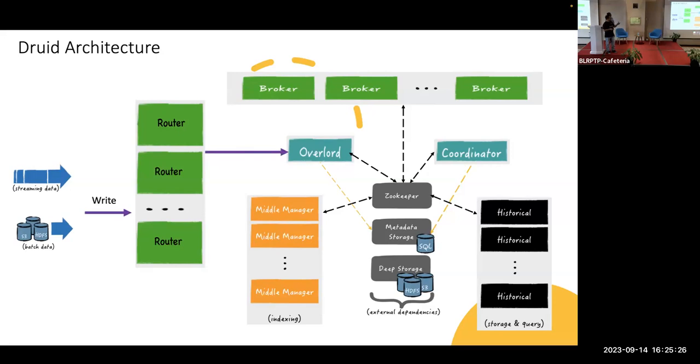It will send it to the overlord, which will take the ingestion task. It will ask the middle manager to execute that task, and the middle manager will eventually spin up a peon process, which will execute that task. And the data will eventually be put by these peons on deep storage. And that arrow is dotted because deep storage to historical will not go directly. It will go via the coordinator. But just to keep the picture clear, I put a dotted line, conditions apply and stuff like that.